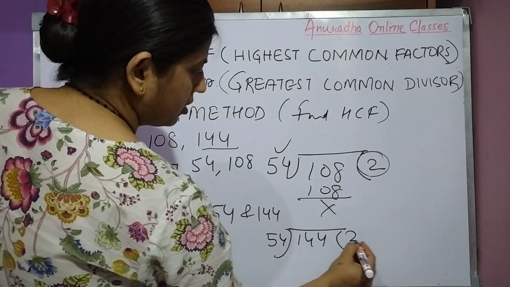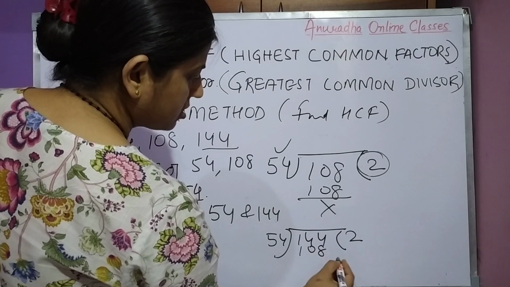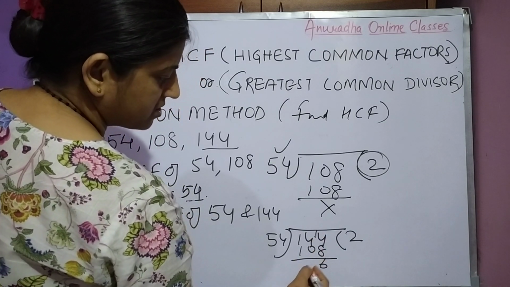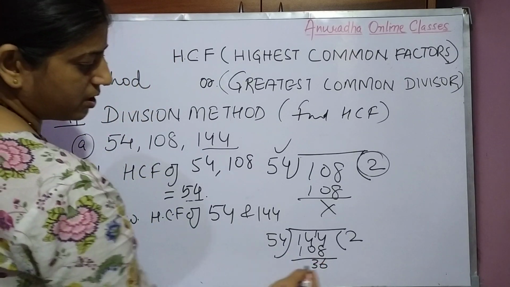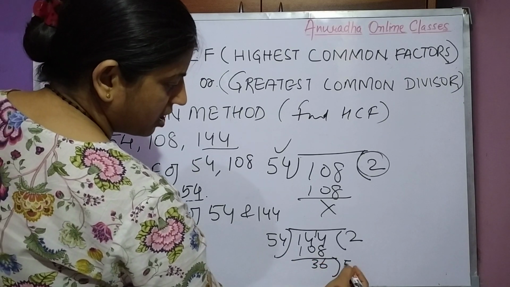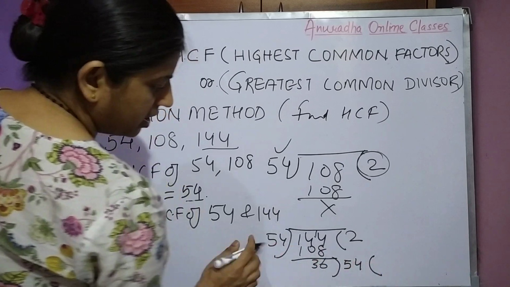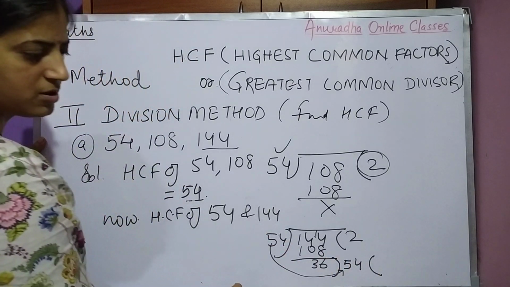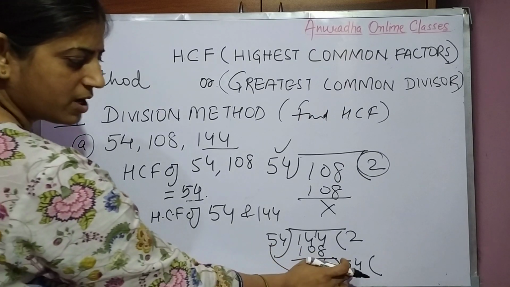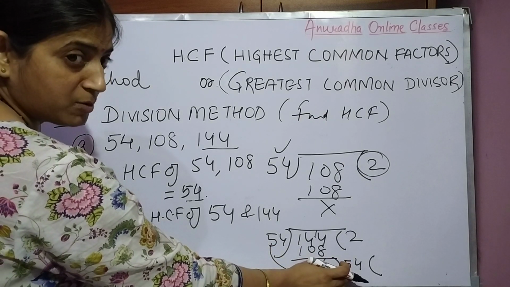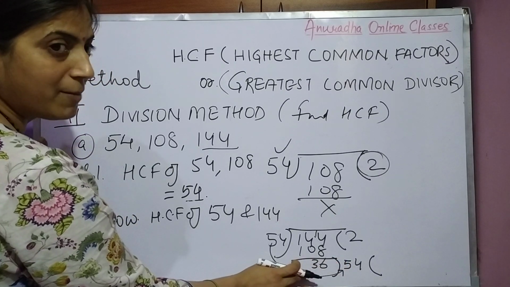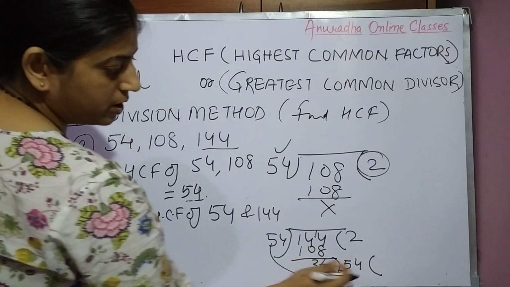2s are 108. In 144, 8 is taken and 6 and 3 are left. Okay. Now this 54, where does it go? This will go to this side. Okay. Its divisor, what does it become? It becomes the dividend. The divisor will become the dividend for the remainder. Right? Now 36 ones are